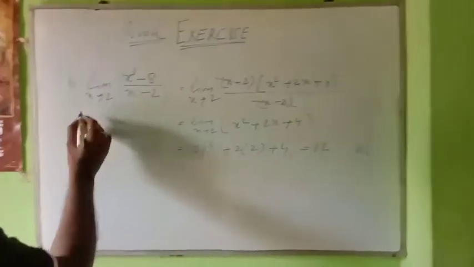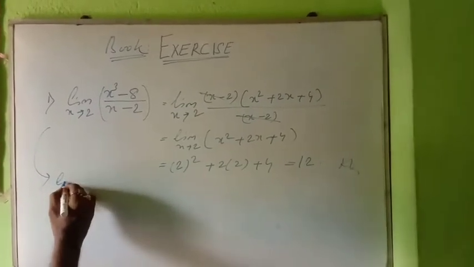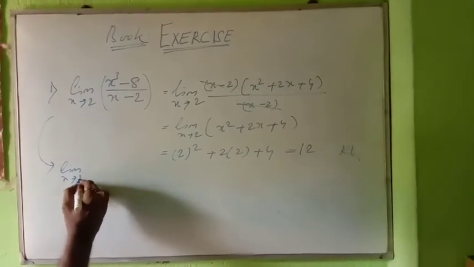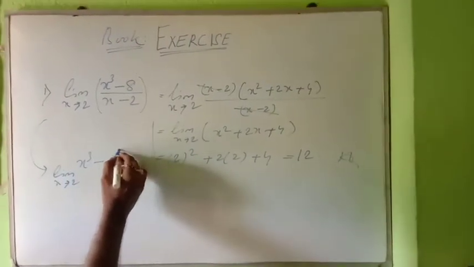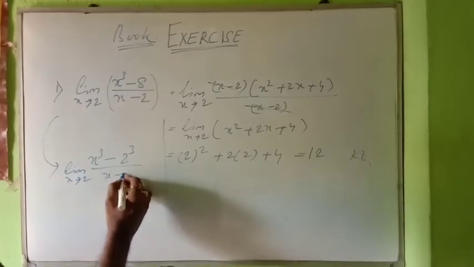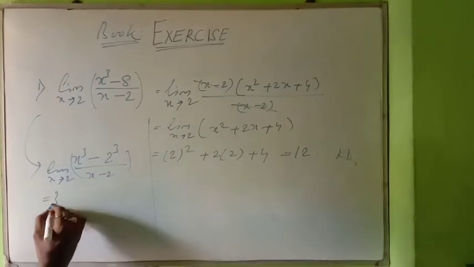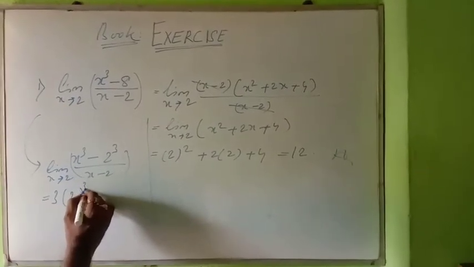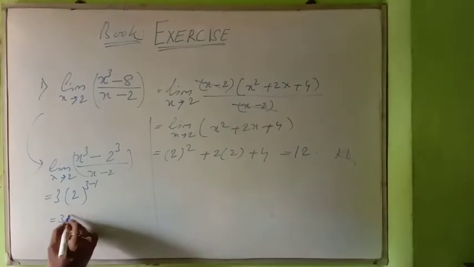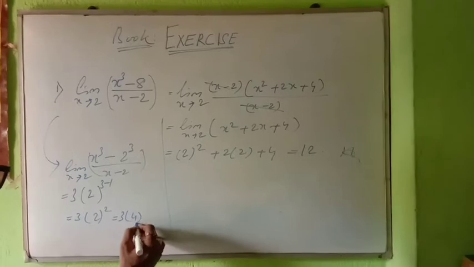See, using the formula I have told before, this is nothing but limit x tends to 2, x cube minus 2 cube by x minus 2. I have told the formula. What is that formula? n into a to the power n minus 1. Here n means 3, a means 2, so 3 minus 1 gives 2 whole square. 2 whole square is how much? 4. 4 times 3 is 12.